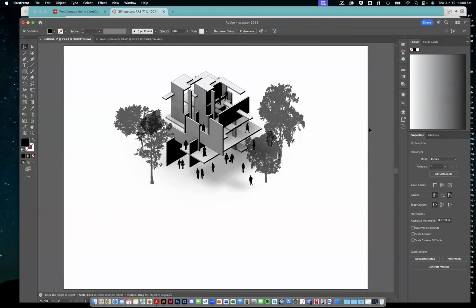So anyway, I have a quick question. Sure. If there's a person behind the tree, how can I select the person behind the tree? Ah, very good question, right? So you either have to move the tree out of the way,